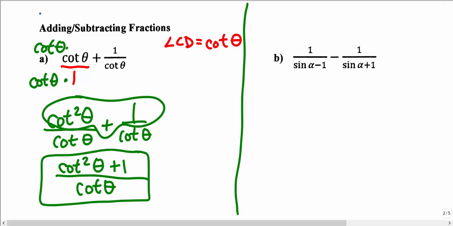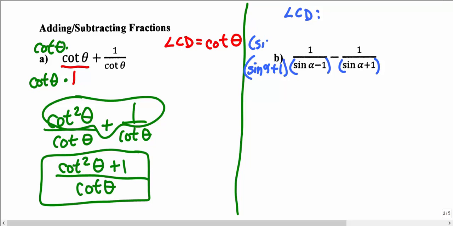In part B, it's a little bit more interesting because our denominators are not the same, but they look really, really close. So we have to be careful about how we find an LCD when we have two terms and two terms. What would be our LCD? Well, the only way that I can actually change a denominator is by multiplying something in. So our actual LCD, when we look to see what each of these is missing, this one I would have to multiply in a sine alpha plus 1